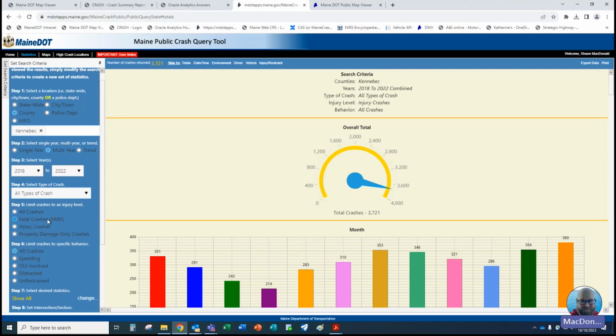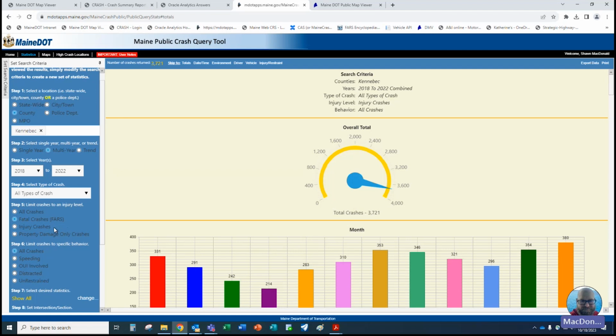And you see this little indicator right here, this FARS. So what that's saying is these fatal crashes are based on the FARS reporting system, which is a federally recognized NHTSA system. So the Bureau of Highway Safety regulates whether or not a certain crash is counted as a fatal crash. They work together with NHTSA. They do that each year.